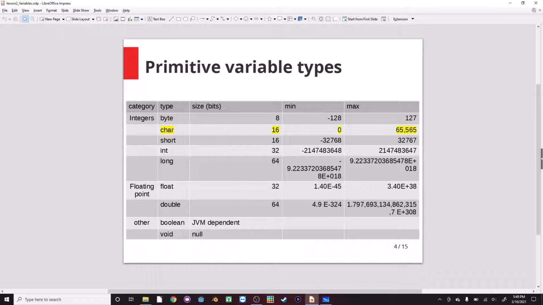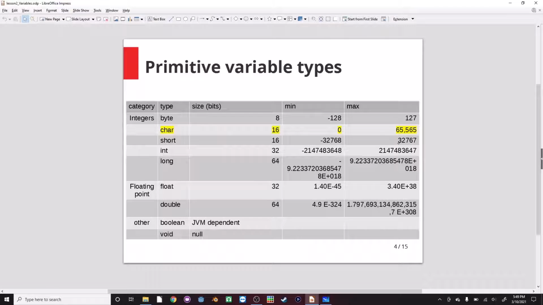But the computer needs to eventually convert it down to binary, right? So first we're going to convert it from a character to an integer, and then the integer is easy to convert to binary. So when we specify that a variable is going to be a char, it's going to be one and only one character. That character will have up to 16 bits to store, and the minimum will be 0 and